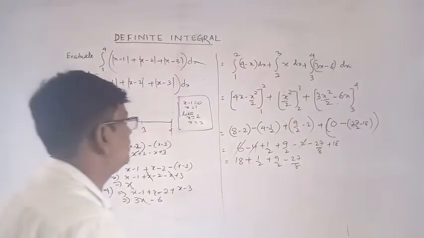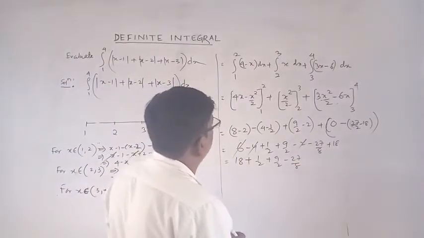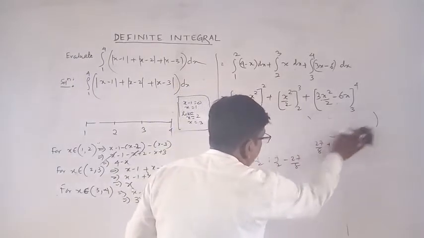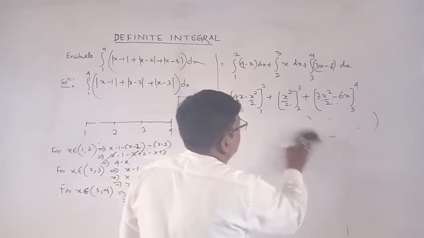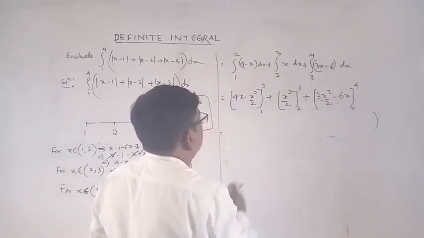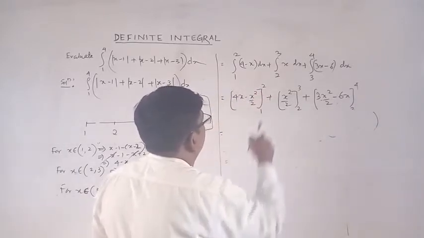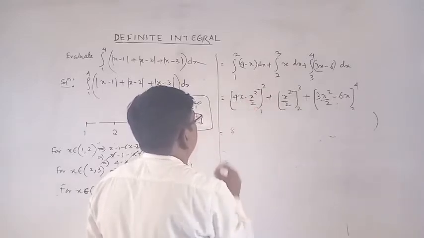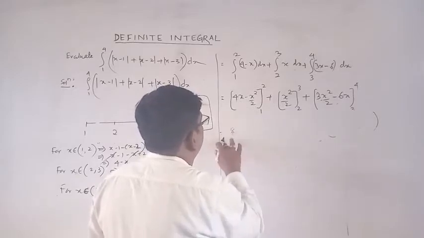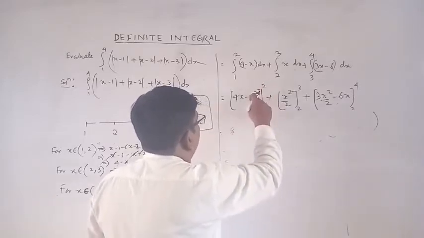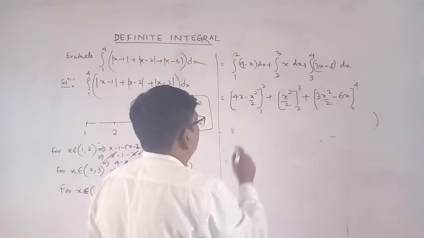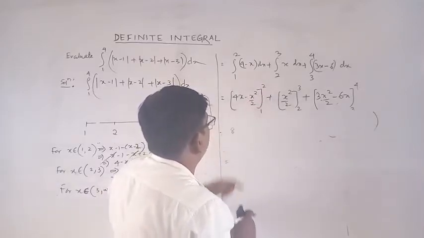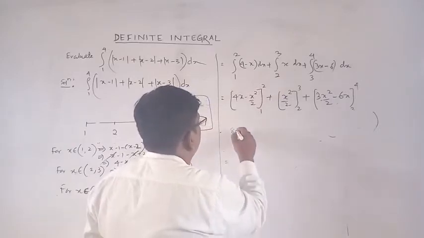Now this calculation, another way you can calculate this. For better understanding, you do like this. What is here? That is 4. Okay, 4 into 2, 8 minus what? 8, and this is 4 square by 2. Okay, 8, this is what? 4 square by 2, that is minus 2.